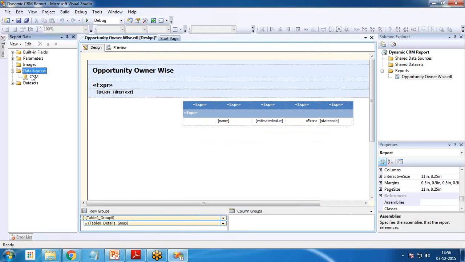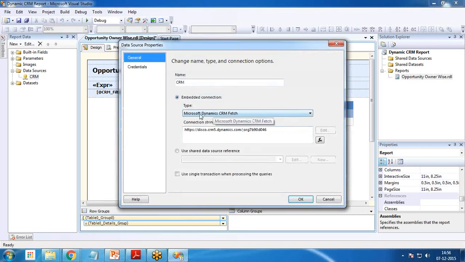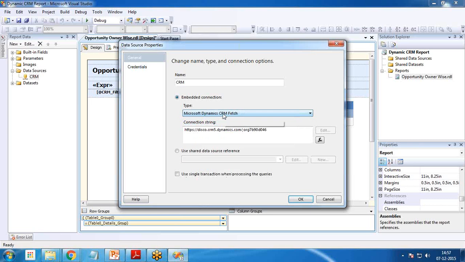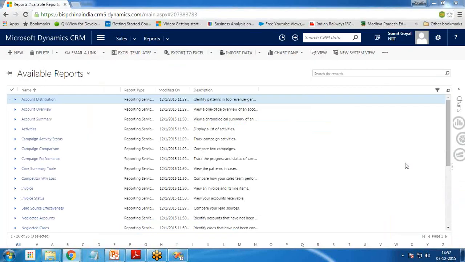Now we click on CRM, and we get Microsoft Dynamics CRM Fetch. Make sure that for the database connection we are using CRM Fetch, and the organization name, that is the organization URL, disco.crm5.dynamics.com. If you are not getting this URL and want to get it,